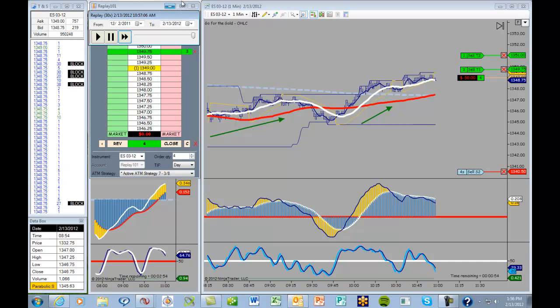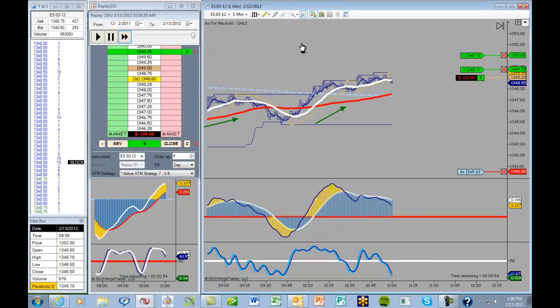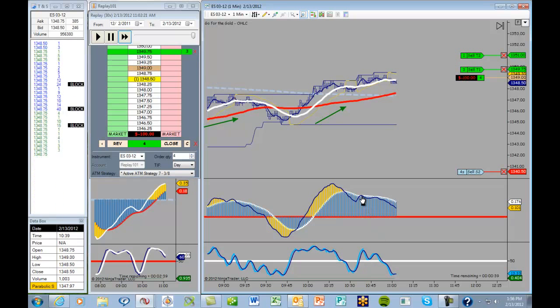Well, we flipped the parabolic against us, but I'm going to hang on in this trade because our white is pretty far above that red, and that suggests that this thing still wants to go up. Now, after this little